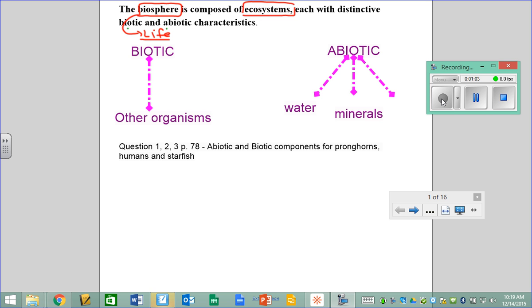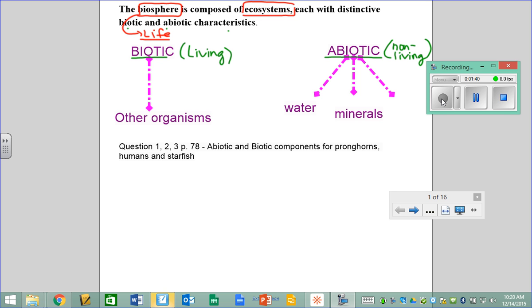So we're going to focus on the characteristics of an ecosystem, not necessarily like what's its latitude and how many centimeters of precipitation does it get, but we're going to focus on the basic characteristics. And we're going to split the characteristics up into two categories: biotic or abiotic. And since we already used these words in the carbon cycle, hopefully you remember, biotic refers to things that are living, and abiotic refers to things that are non-living.